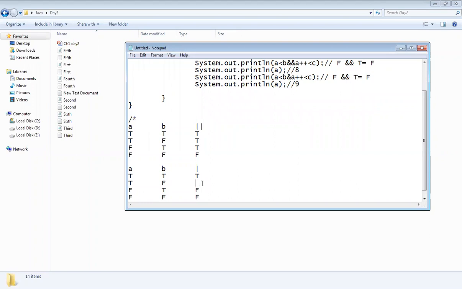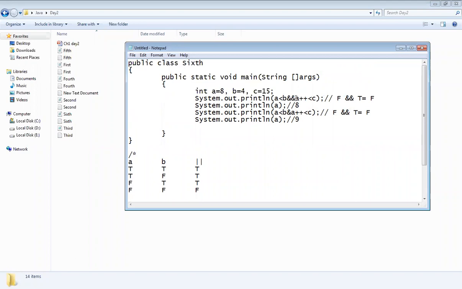The truth table doesn't change, but whenever it starts implementing, it checks the second condition whenever bitwise OR is there. So according to that, whenever you check this condition, here the first condition is false and the second true. Now see what happened. I have just changed the operators over here.